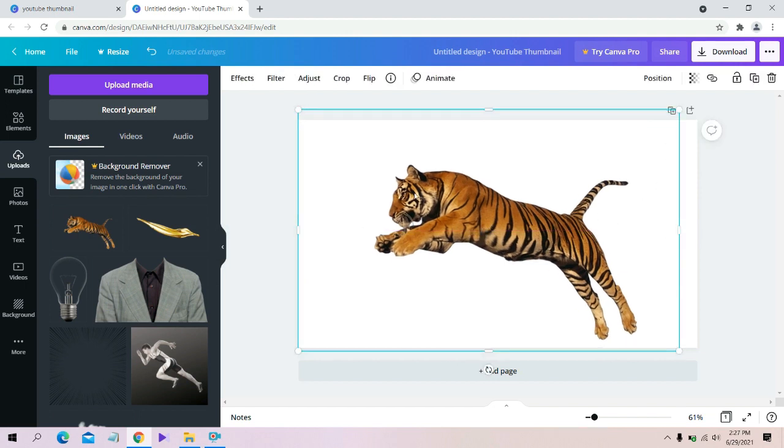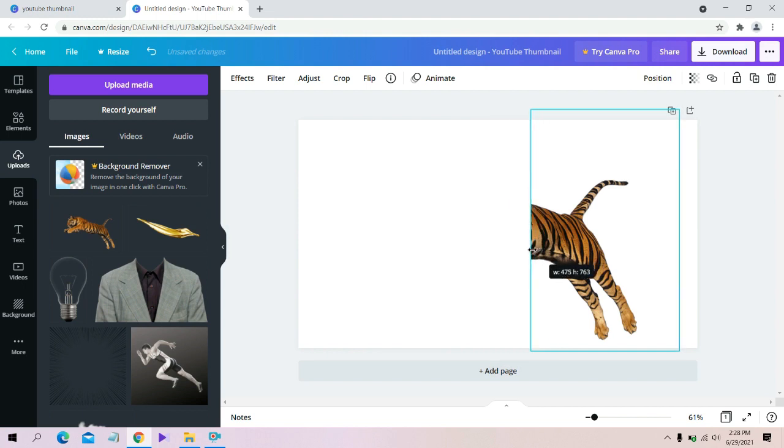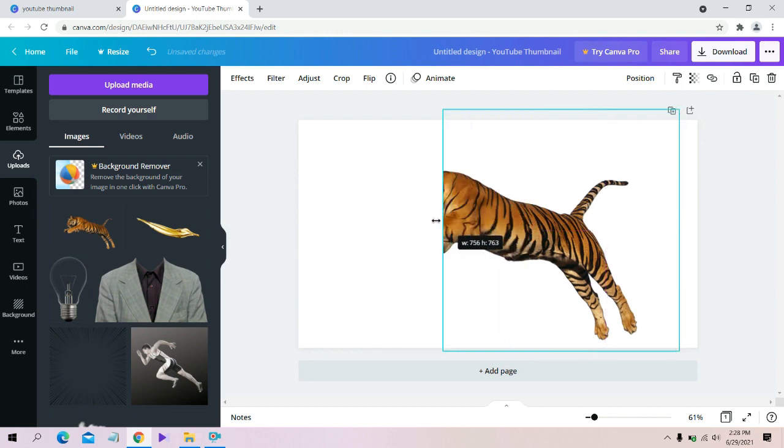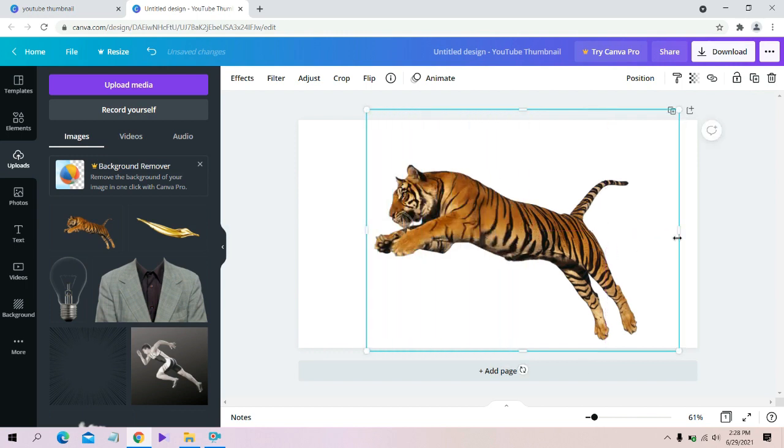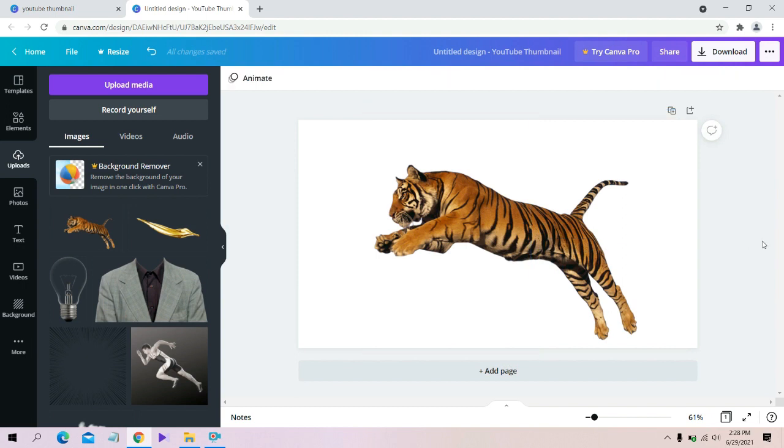So we will just crop it so that we can show the effect on the left side and the right side remains the normal color. We will just crop it from here and keep it like that, and we will duplicate it, place it at the same angle, and this time we will bring the left side and crop this part so that this part is adjoining. So this is done. On this left side we will be showing the effect.